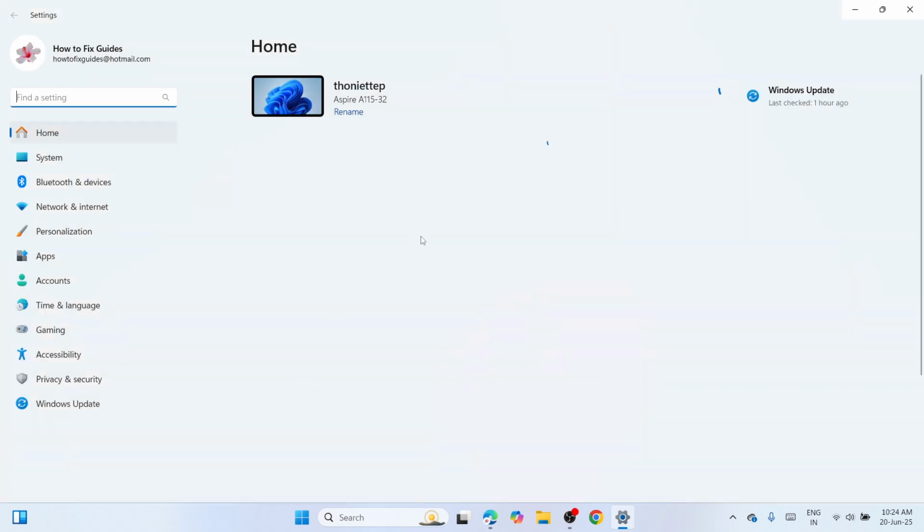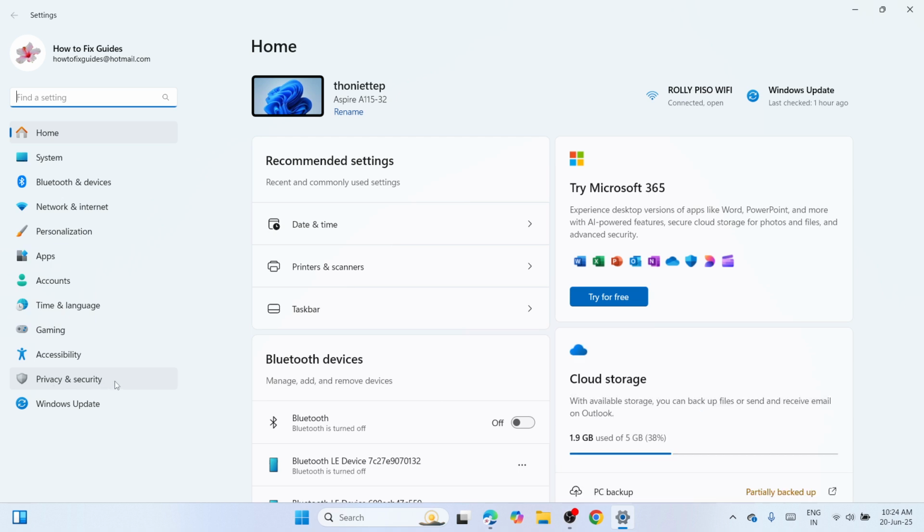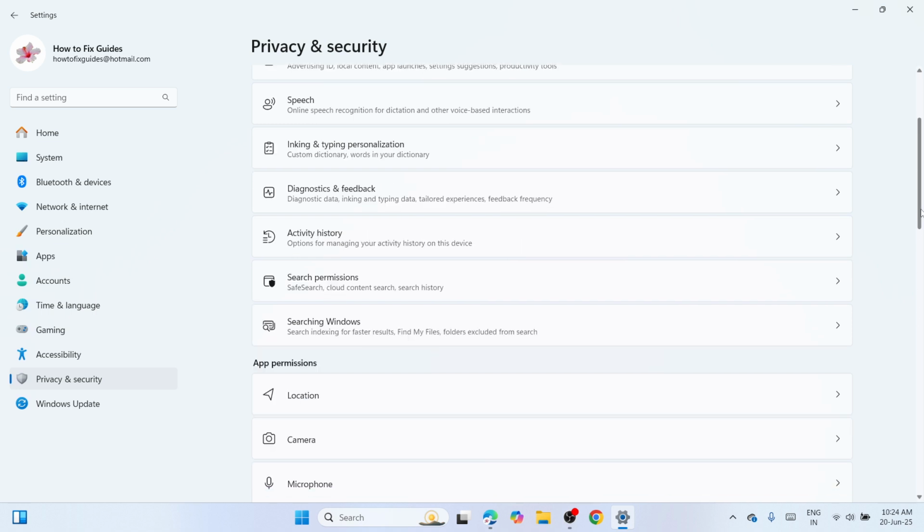Now, here at the Settings, please proceed to the left pane. Look for an option called Privacy and Security. It is next to Accessibility in my case. Click on that one. Once you click on it, you need to find Windows Permissions, and under it, please